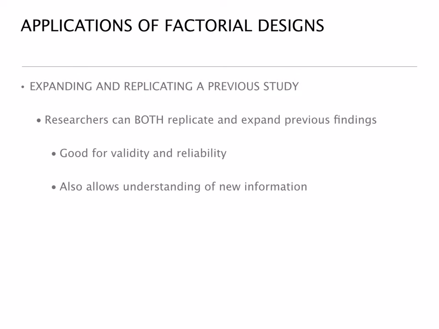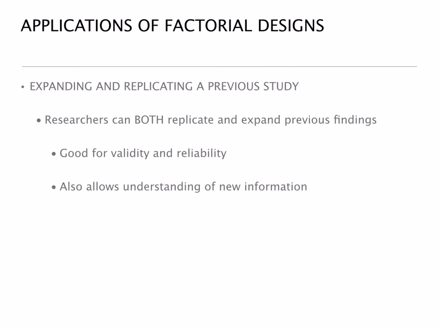We can also use factorial designs to expand or replicate a previous study. So one way, and we discussed this in class some, is instead of doing a whole other study to replicate the previous findings, we can do the original study and add a second factor, which allows us a replication. So factor 1, the independent variable A, might be a replication, and the new independent variable may be this extension of the previous study to find new findings,